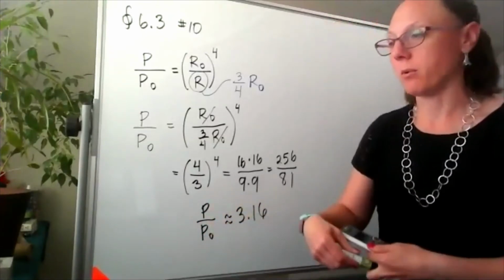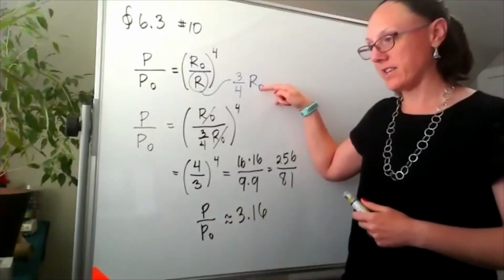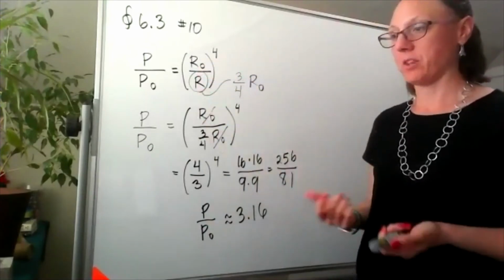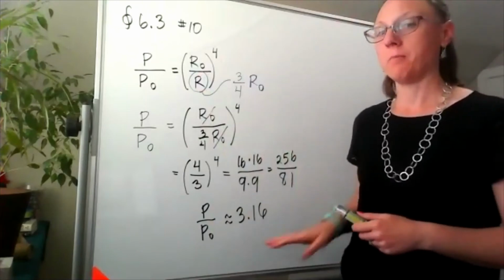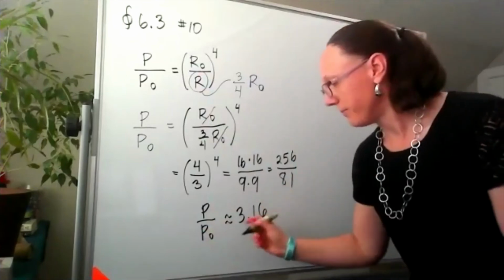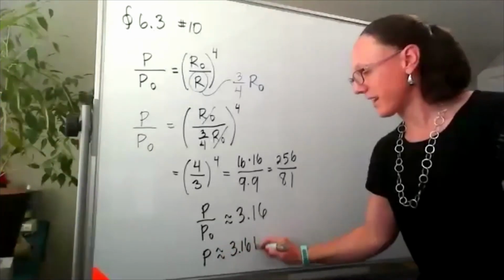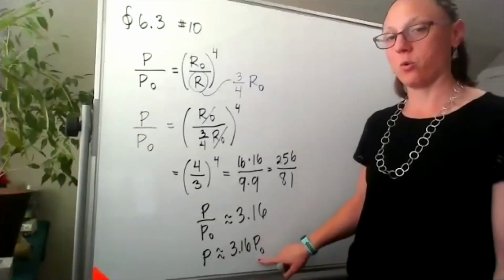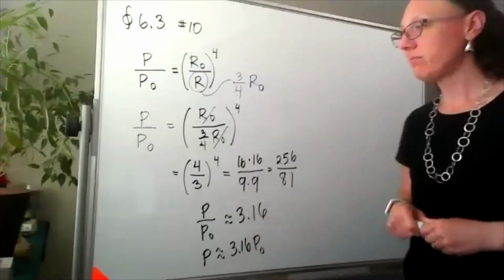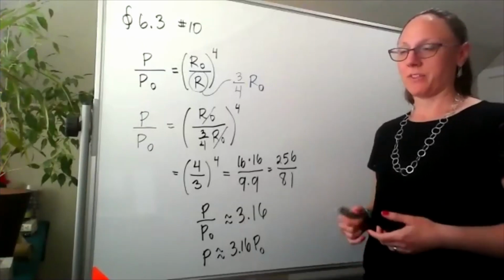Returning to the statement of the problem, we were asked to deduce that if the radius for the artery is reduced to 3/4 of its former value, then the pressure is more than tripled. So this tells me, if I were to multiply that P naught over, that the current pressure is about 3.16 times the pressure with no restriction. So we have proved that it is more than tripled. I don't know if that was very satisfying, but there's actually no calculus